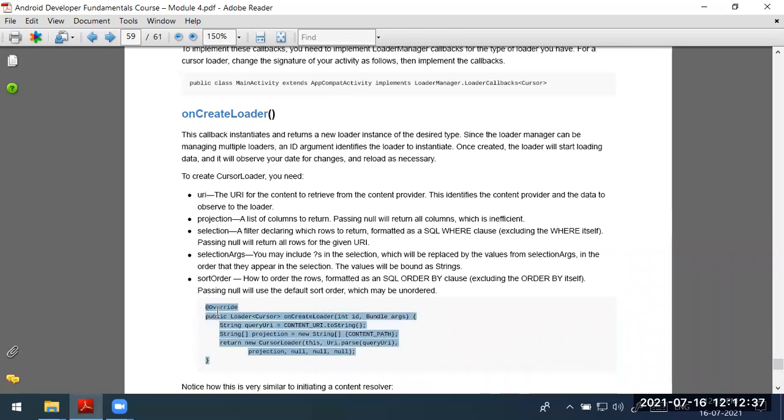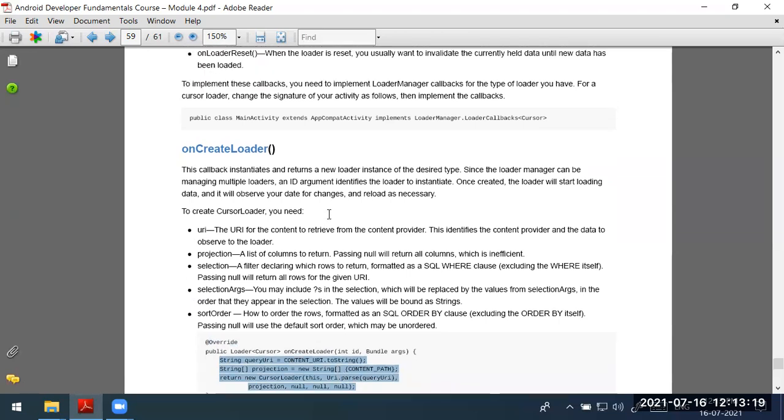See this @Override. What it says is that this function onCreateLoader has already been written by Google. We are just writing the body of that. She asked me whether the body has been written already. Yes, it is already written, but we want to change the functionality of onCreateLoader. That is why in our program we write the body of that function. Theirs is already written; to remove that and make our own logic work, you put @Override, write the function name, and write the logic inside it.